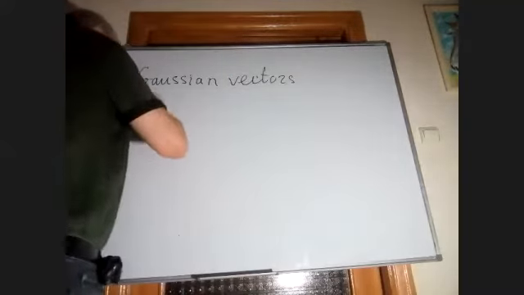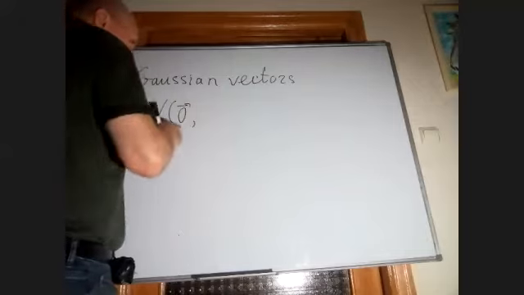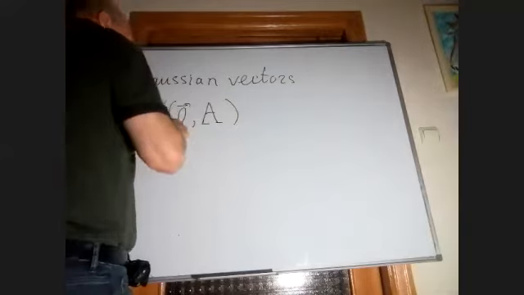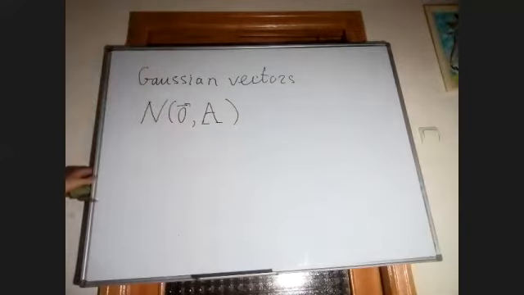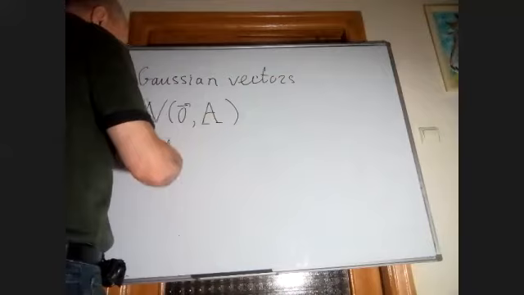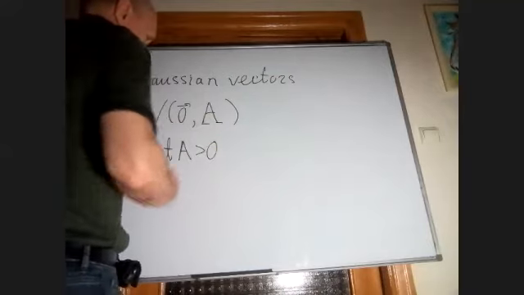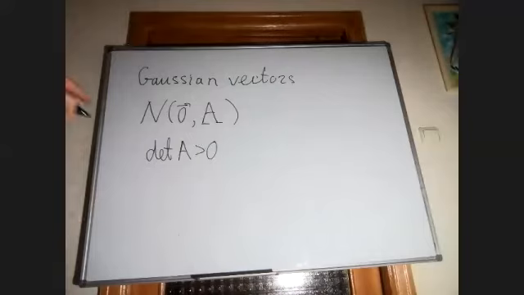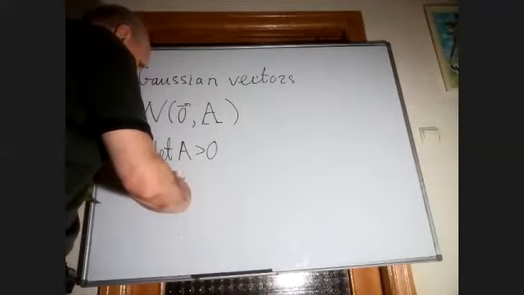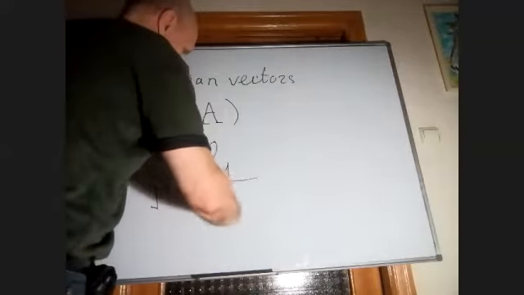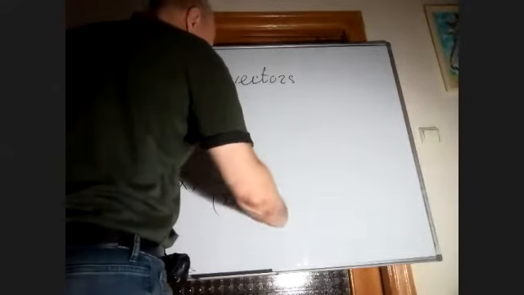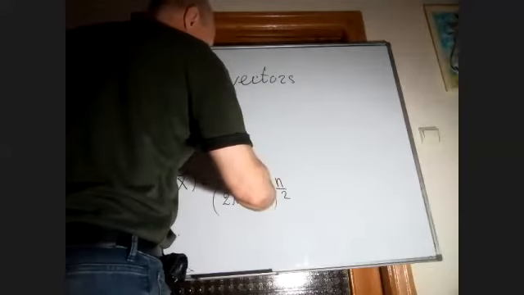For example, if we have a normally distributed random vector with zero mean and covariance matrix A, then if the determinant of A is greater than 0, we know that it has a probability density, and this density is equal to the following expression of x: 1 over 2 pi to the n over 2,